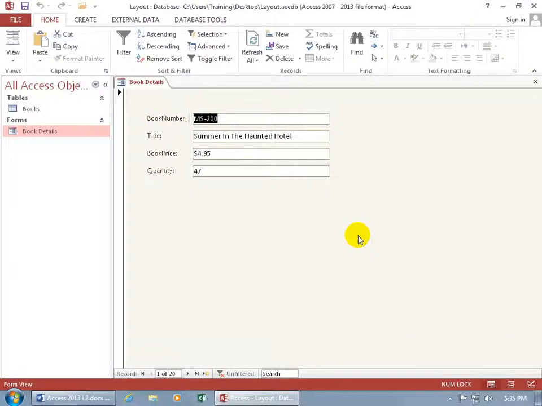The anchoring feature allows you to take a control or label, or both, and anchor it to a part of the form, like the upper right-hand corner or bottom left, so that when the front-end user is in the form view and resizes the form, that control, label, or button will stay put and be anchored to that part of the form. So for example, if I go ahead and put a control right here that says close,